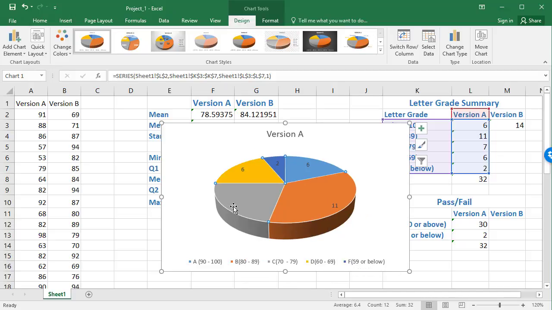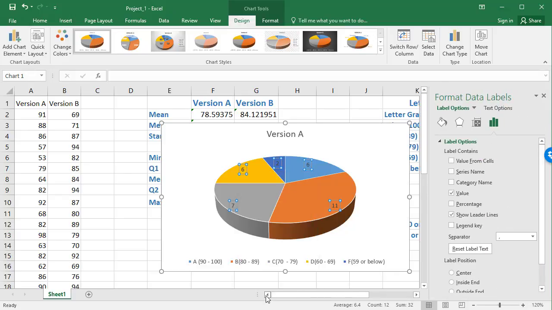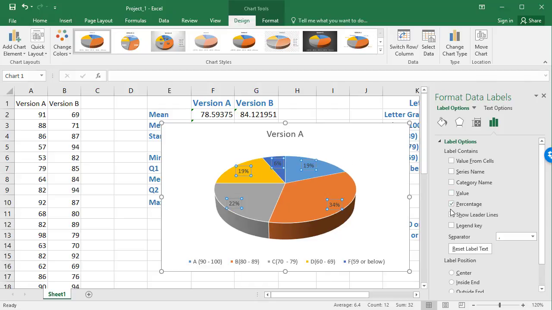Again, it gave me the actual counts. I don't want the counts, I want the percents. So I clicked on those numbers. I'm going to go to Format, Data Labels, and instead of value, I want it to show me the percentage. Okay, and so that's what I want there. All right, now